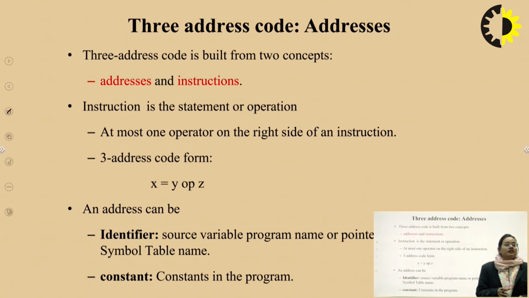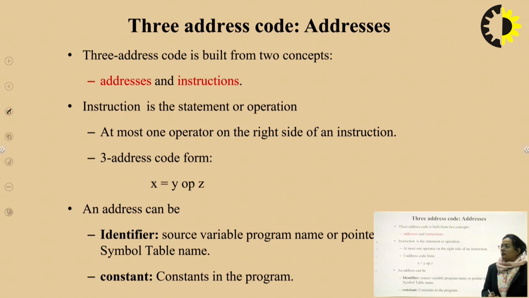Now the three address statement. Three address code is built from two concepts: address and instruction. Instruction is basically a statement or operation, with at most one operator on the right side of the instruction. This is the three address code form: x = y op z. An address can be an identifier or constant, a source variable name, or a pointer to the symbol table name,